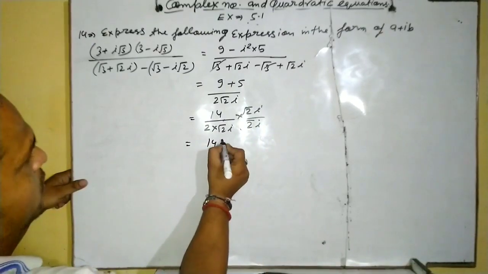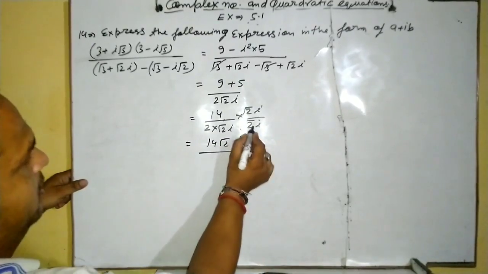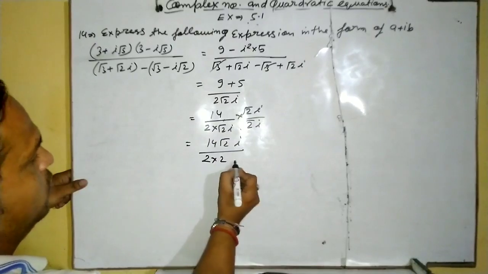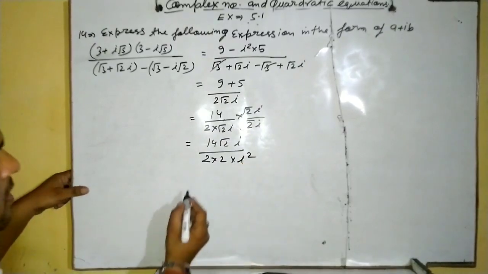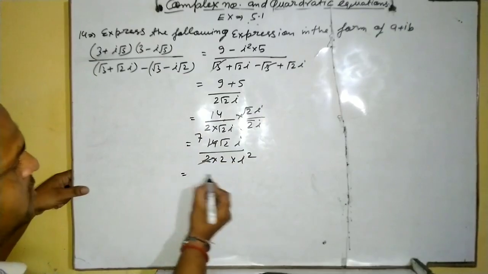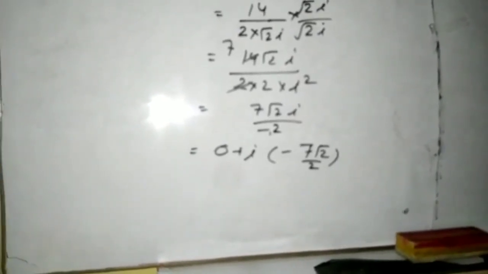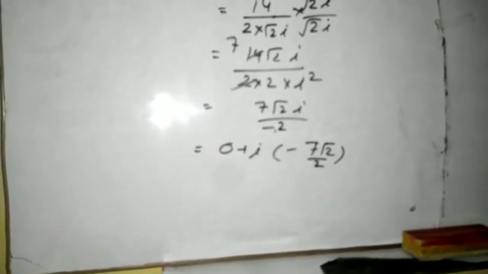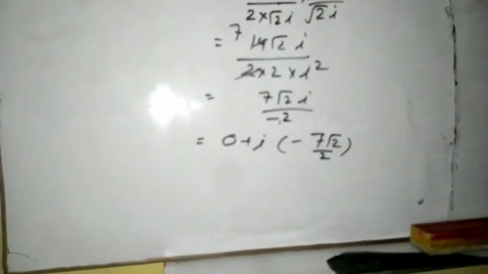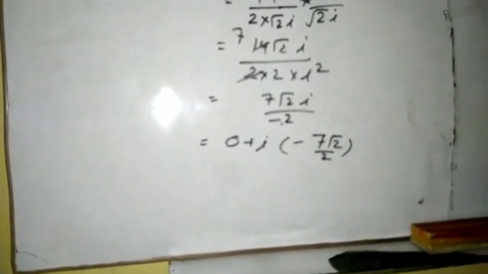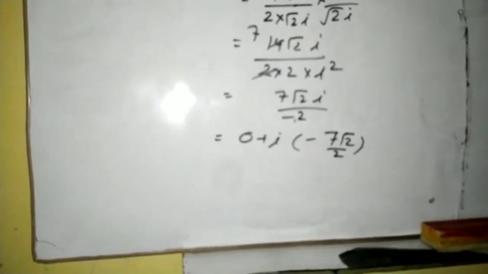So this is 14√2 i over 2 into 2 into i². 2 ones are 2, 7 ones are 7. When you multiply by √2 i in numerator and denominator, it will be 14√2 i over 2√2 times √2, which becomes 2, so 2 into i² is minus 1. So this will be 7√2 i over minus 2. So its a + ib form is 0 + i, or in bracket 7